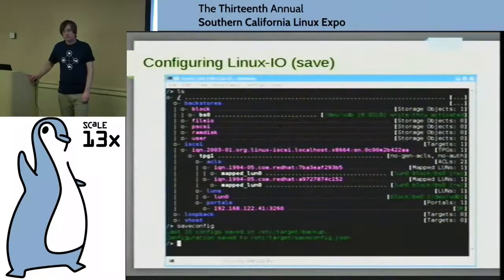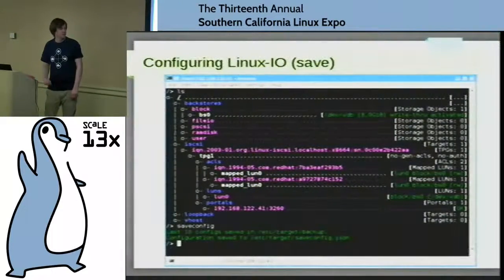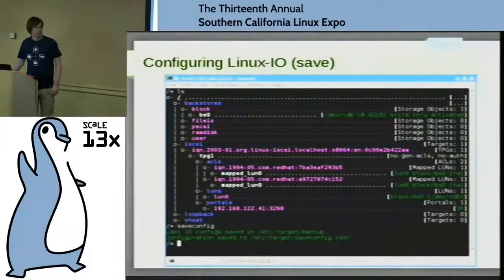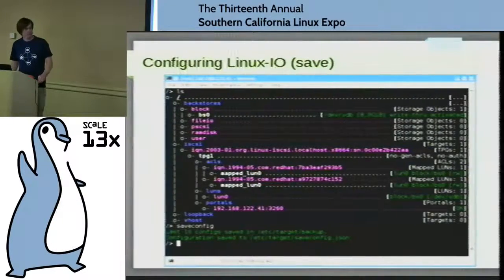Yes, you could have them accessible at the same time. You would obviously need some kind of shared file system, a clustering file system or something like that. In this slide, I just showed that you can add multiple. In the slide deck overall, I'm only using one of these client IQNs, but you can have as many as you want. Thank you. Yeah, sure. And so actually, like in this one,